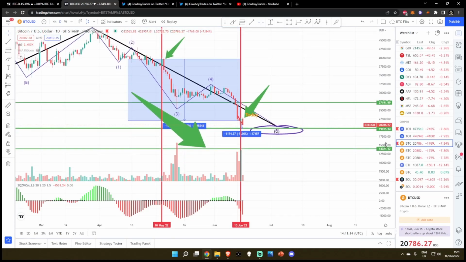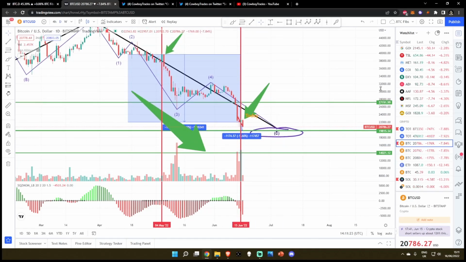Now, that's basically what I wanted to talk about from the fractal. It's really not too complicated. You can see we pumped into the bad news, we broke down, pumped into the bad news and broke down. In my opinion, the reason why we pumped into the basis point increase is because the bearish news of the basis point increase was basically already priced into the market.